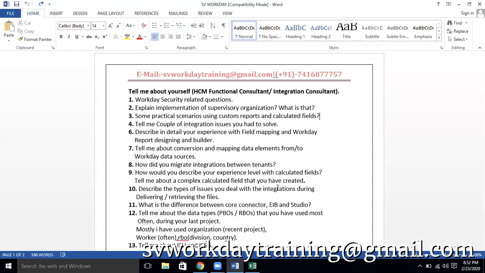Okay. The very common thing is, since integration is migration of data from Workday to a third-party system or from a third-party system to Workday, the common thing is migrating data from Workday, because most of the clients who are using Workday make sure that Workday is their primary application. And we should make sure that we understand the concept of XML and XSLT, which is a thumb rule. Again, it's a programming language. But for a functional consultant, if they don't know,